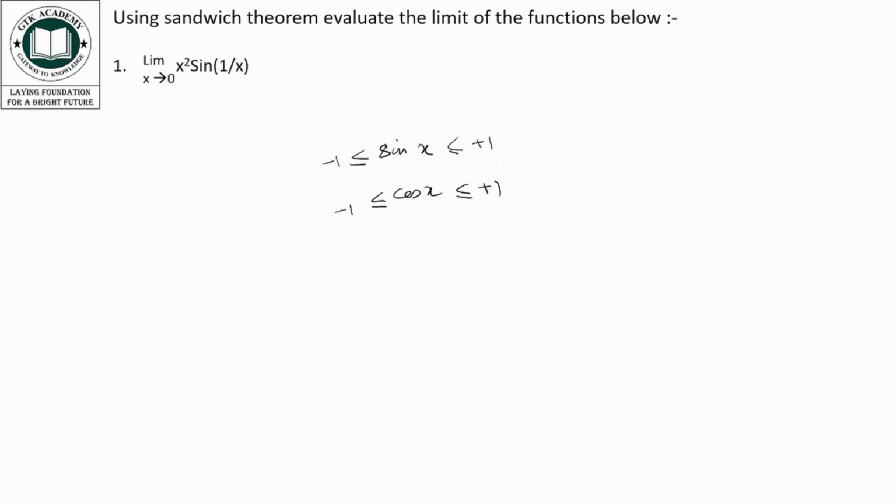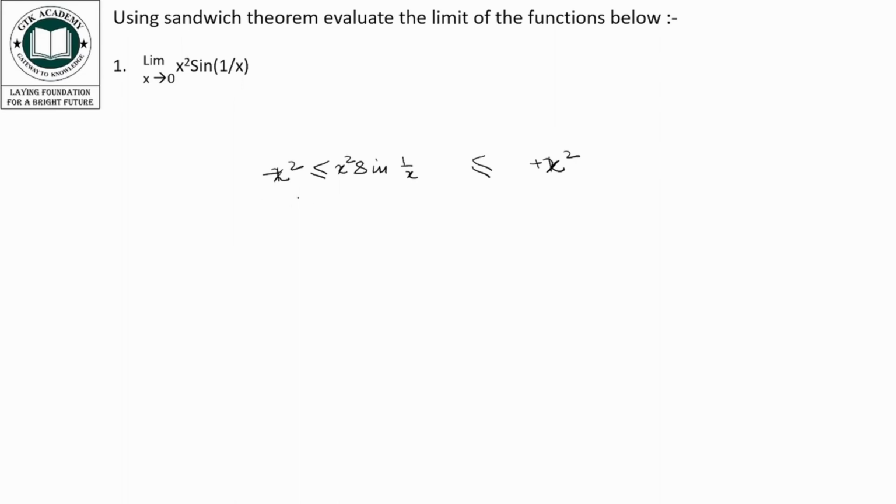So we can take the help of this property and use the sandwich theorem. I'll just show you how. You have sine 1 upon x will always lie between -1 and +1, right? That means now, if you multiply it by x square on all the sides, this will always lie between